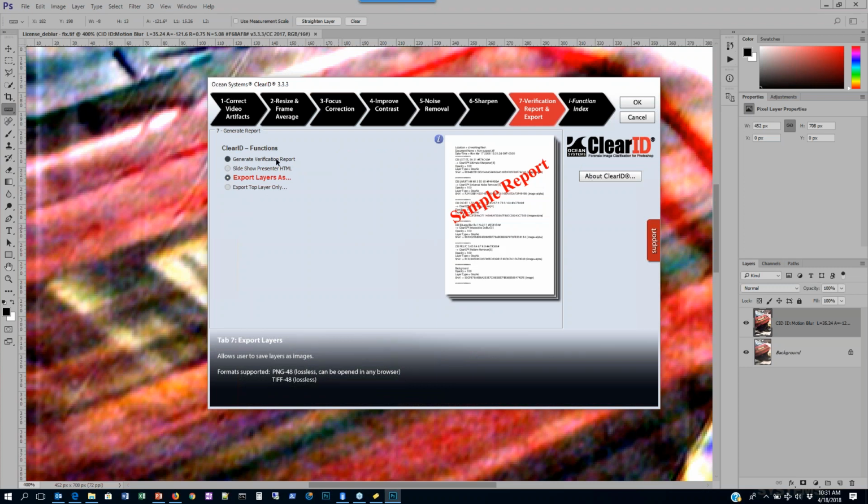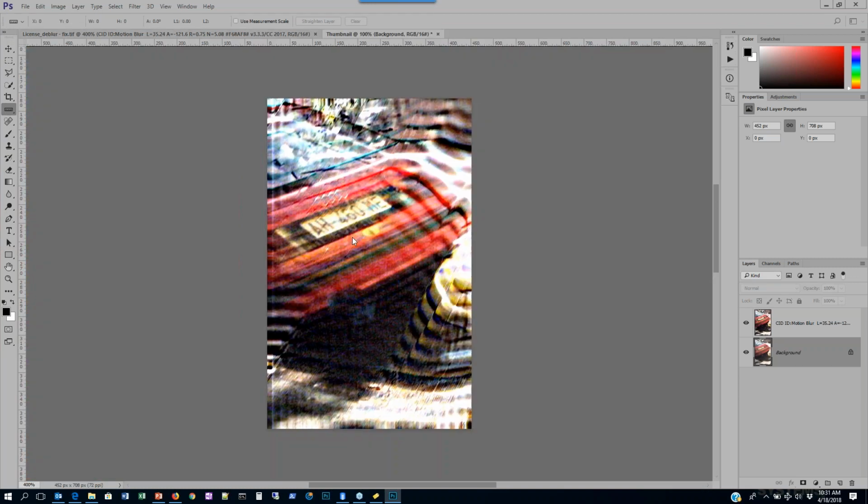So I'm just going to pop over to verification report, save that out to the same location. And then last but not least, I want to save a JPEG version of this for dissemination. So I'm going to do a save as, and I'll choose JPEG, and we'll save that into the same location, maximum, okay. And then once that's done, we can see my verification report opened up, including my system settings and system information. I'm going to go ahead and close out of here and ingest those assets